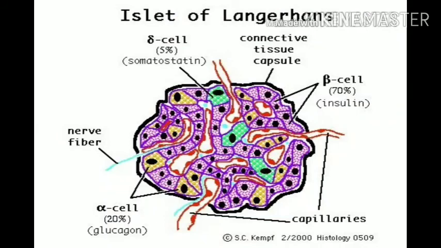So to conclude, the islets of Langerhans produce 2 hormones, namely insulin and glucagon. Insulin is produced by the B cells, and it influences the conversion of blood sugar, and the deficiency causes, as you all know, diabetes mellitus. Glucagon is produced by A cells, which influence the conversion of liver glycogen into blood sugar. Now this slide will give you a clear idea as to how these 4 different kinds of cells are arranged within the islets of Langerhans.